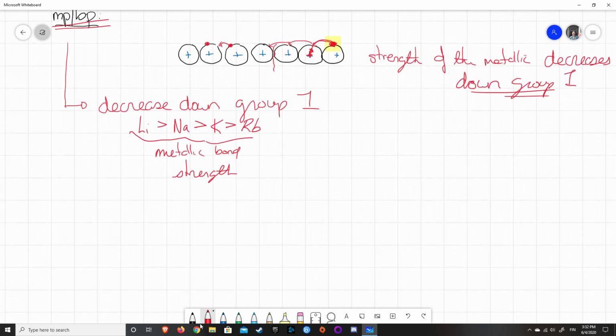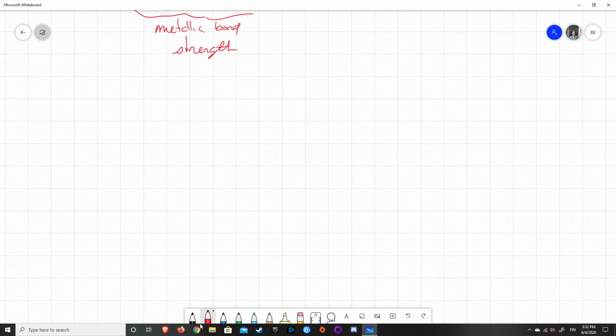So let's move down to the second trend that we have. That's melting point and boiling point. The second trend that we have to learn about is density. And this is a trend that I'm not necessarily a fan of. The symbol for density is written like this. We'll first talk about what the trend is, and then we'll talk about